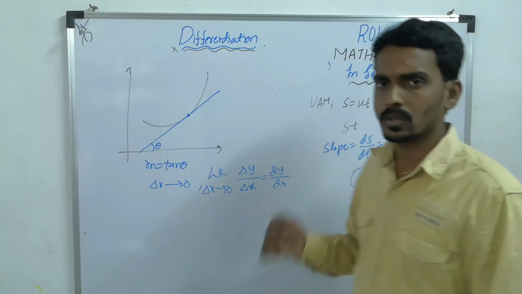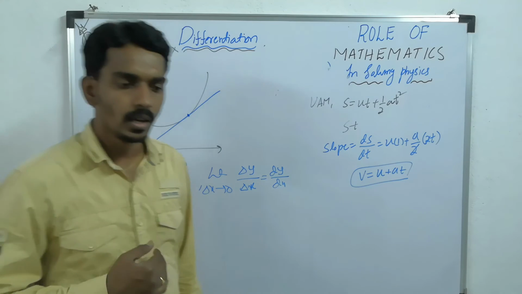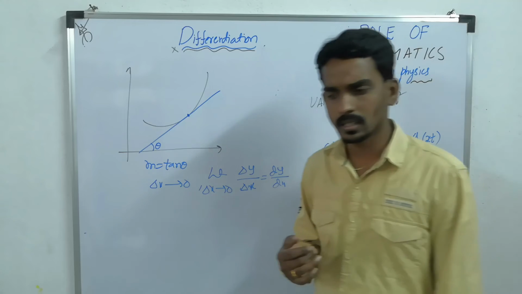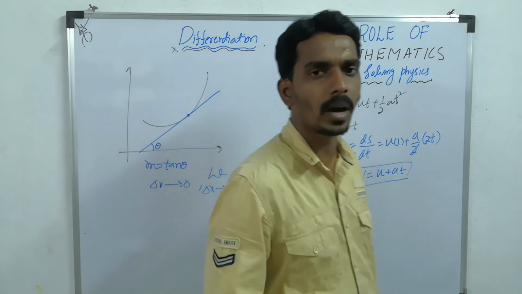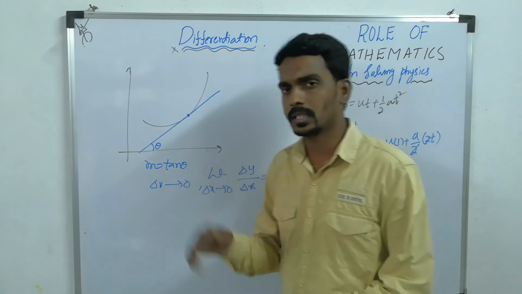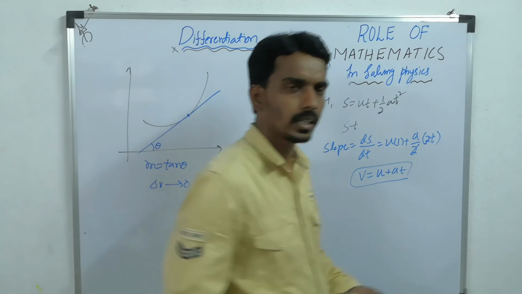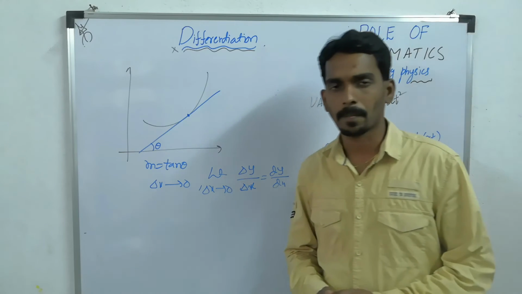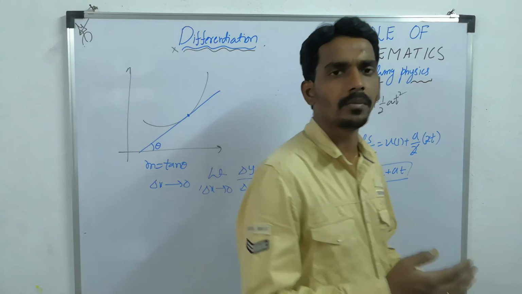That is the reason why you can use differentiation as an application to find the slope, because in many situations you will use this way. Like in thermodynamics you will see the slope of an isothermal graph and the slope of an adiabatic graph. In many situations you will take the help of differentiation. So in mathematical calculation, one of the important things is differentiation. So quadratic equation, integration, and now differentiation.